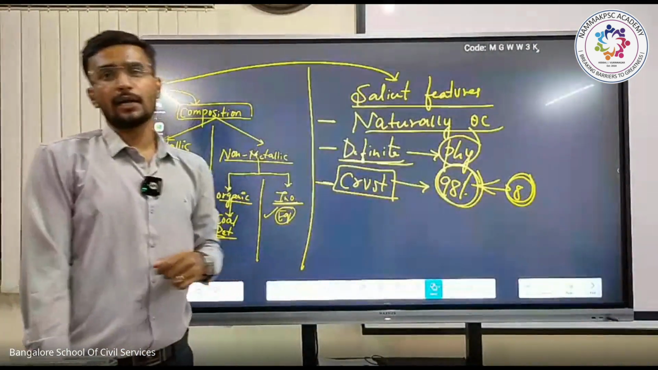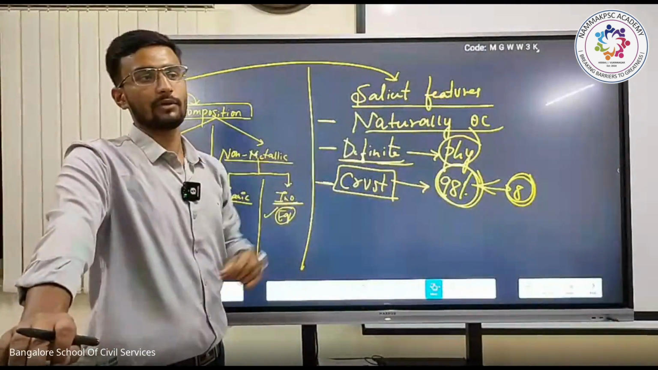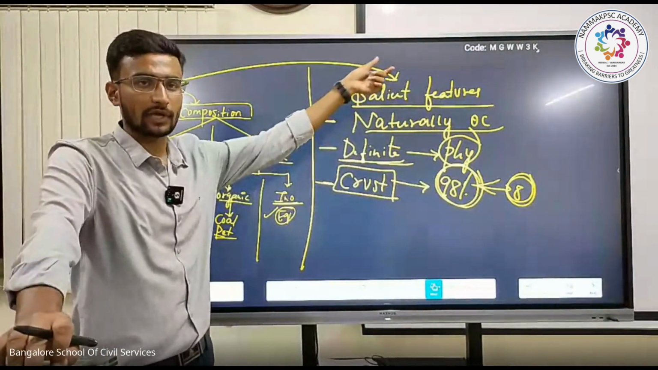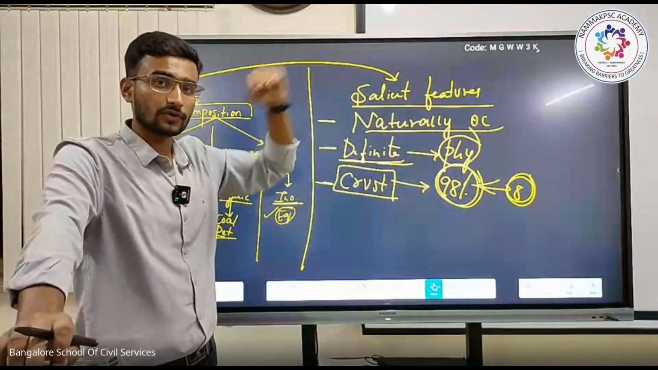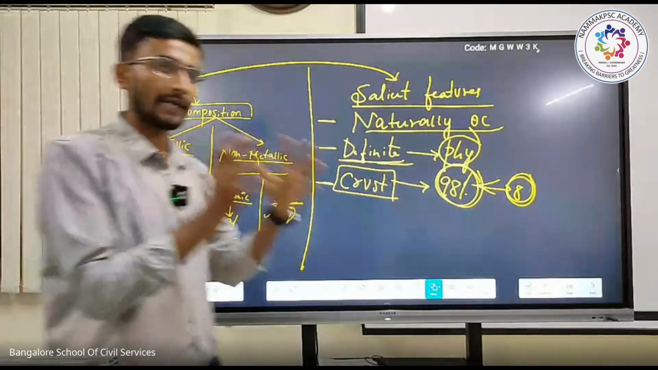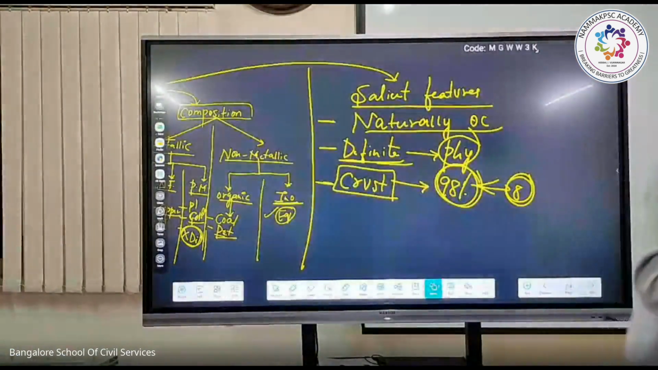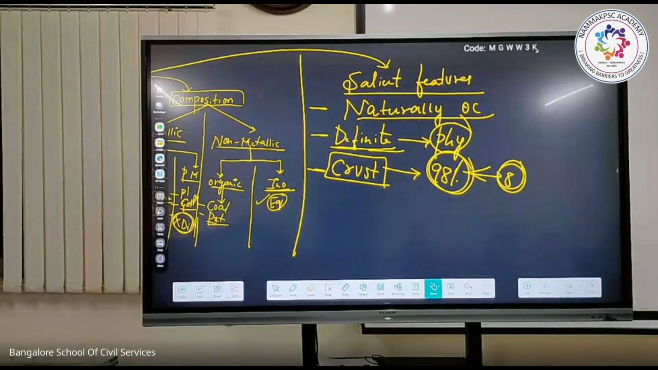The last one is the salient features of minerals. The first and foremost, it is a naturally occurring substance. Second, which has definite physical properties and chemical composition. The third one is the crust. Uniqueness: the crust contains 98% of minerals, which is contained by only these 8 minerals, which include